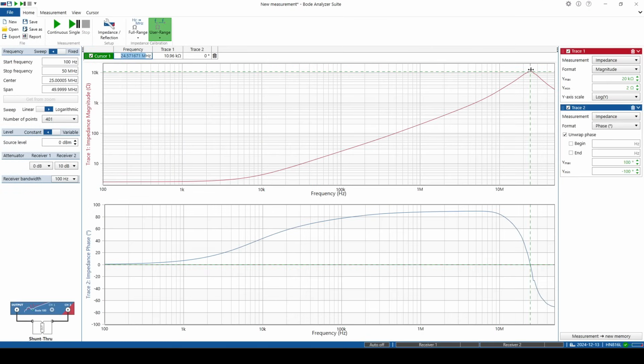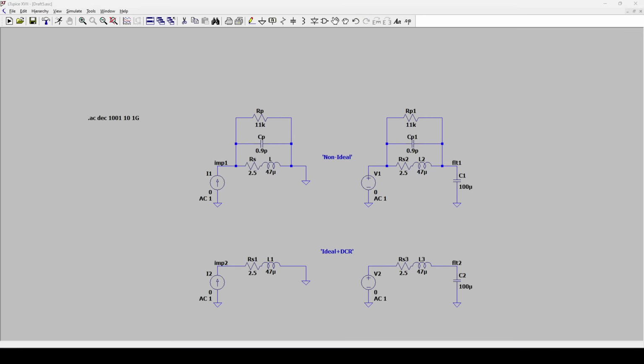Lastly then, remember we talked about the impedance peak being approximately equal to our parallel resistance, and we can simply read that off the magnitude cursor. So we're getting about 11 kilo ohms at that impedance peak, and that's going to be equal to our parallel resistance. To see how this is now useful in simulation and for circuit design, I've moved over to LTspice and